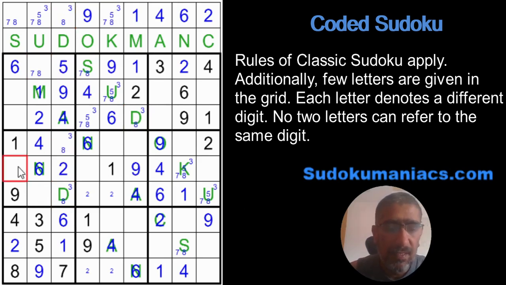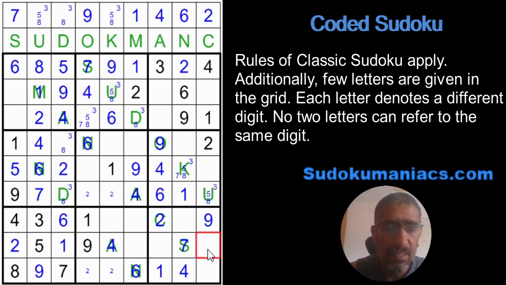So I have a 5. This is a 5 with a 7 here. So with the 7, U cannot be a 7. I can eliminate it. 7, 8, 3, 7, and 8. Okay, but this 8 cannot be here. So for box 1, this has to be an 8, which makes S a 7. Right? S is a 7, which makes this a 7.